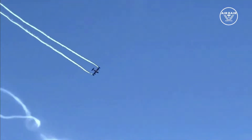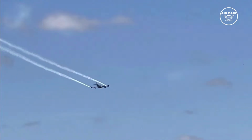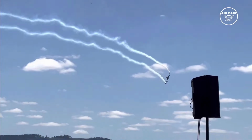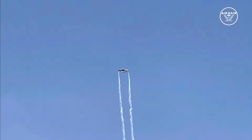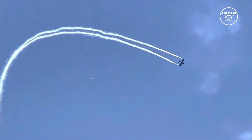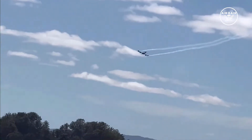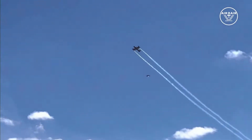He's going to do a belly up pass for us now. And we'll see the bottom of it. You can see all 8 of the external hard points that can carry moving through the air with great speed, keeping it up close and personal all the way through. The vertical climb takes him all the way up past 3,000 feet in a matter of seconds. Very few aircraft have enough thrust and wing to lift their own weight into the air, but the Dragonfly could carry 100